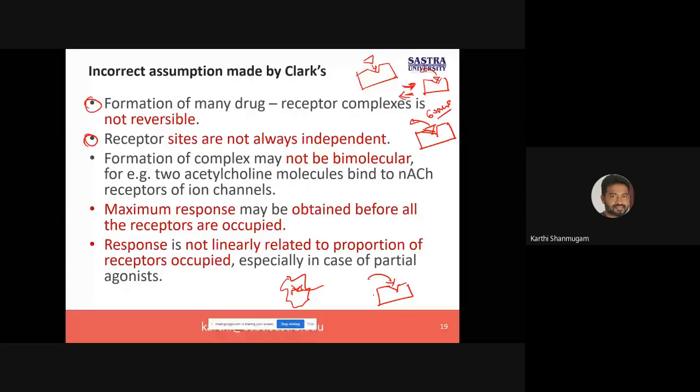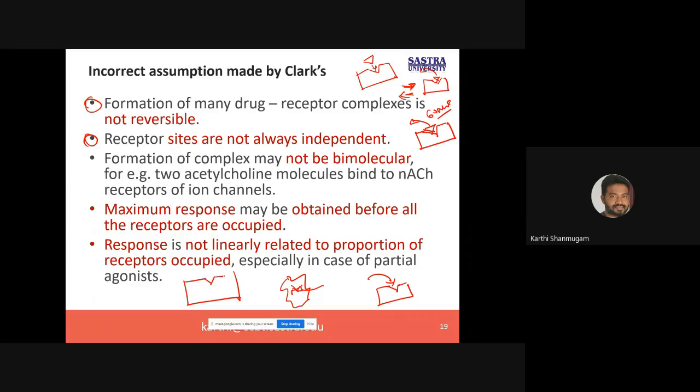One more example I can give. What is the meaning of independent? Say for example, here we have a binding site, and here we have some other allosteric site near the binding site. This is the original binding site. For the functioning of this drug molecule, obviously this molecule should go and bind to the binding site. There may be some cofactor required for activating the protein molecule that should go and bind to this position. So in this example also we can say that